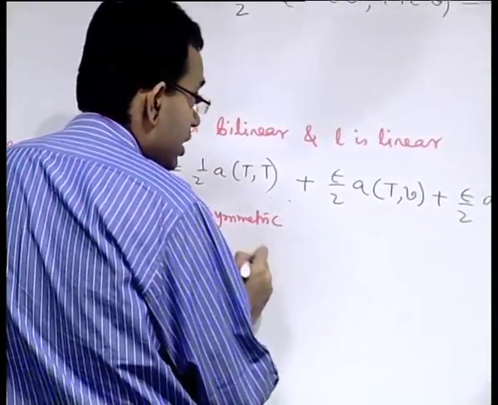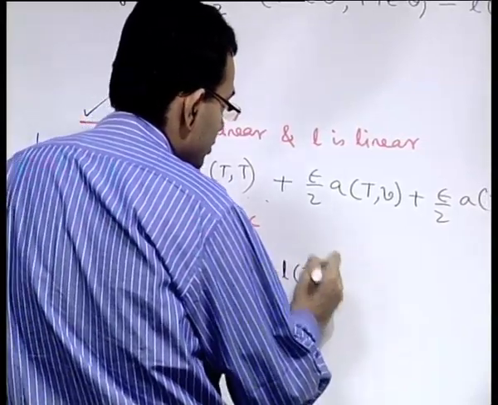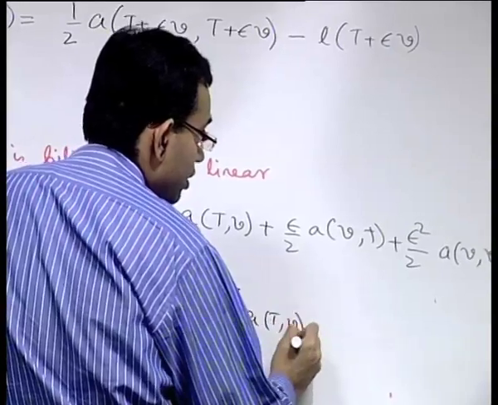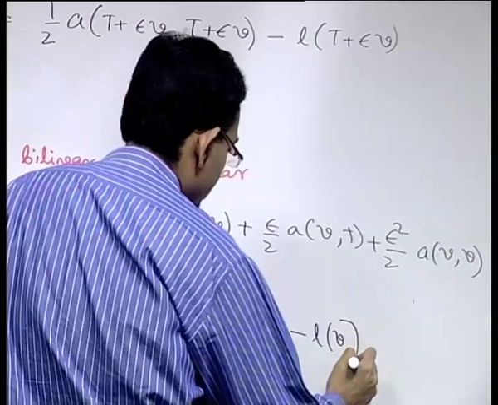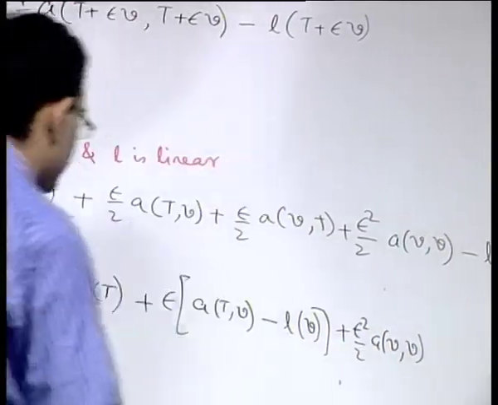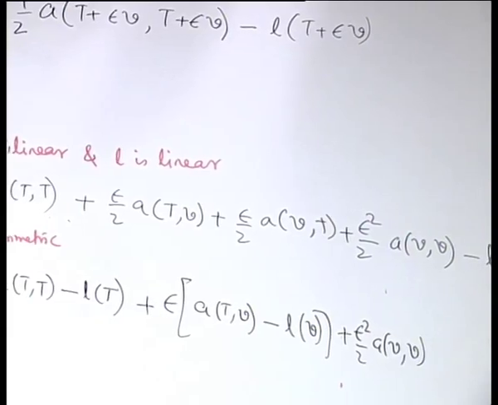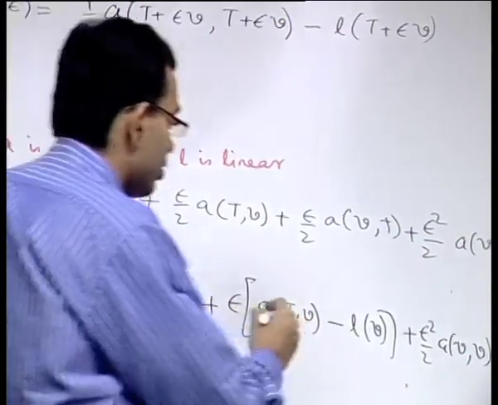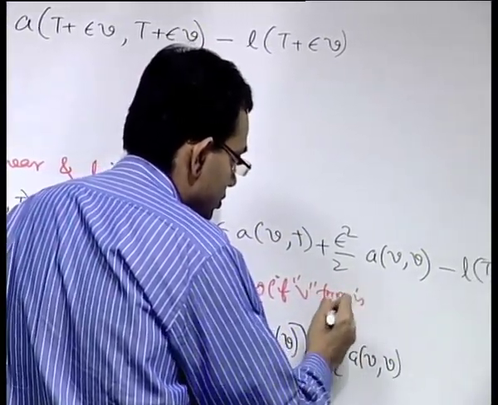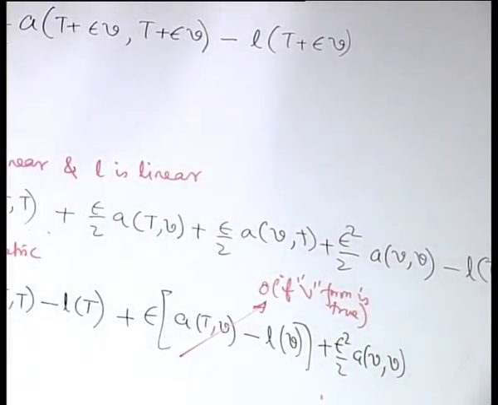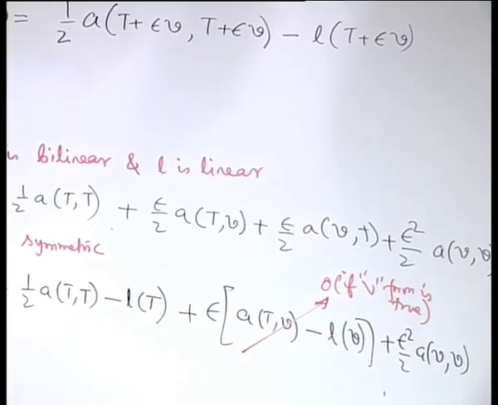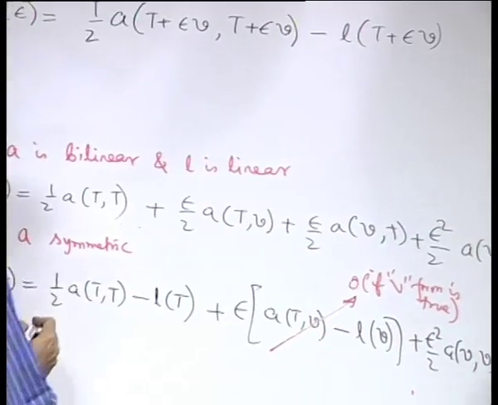is equal to half A(T,T) minus L(T), plus epsilon times A(T,V) minus L(V), plus epsilon square by 2 A(V,V). Now if we assume that the V form is true, then this term is equal to 0. So if the V form is true, this term is 0, then we can say that G epsilon is always